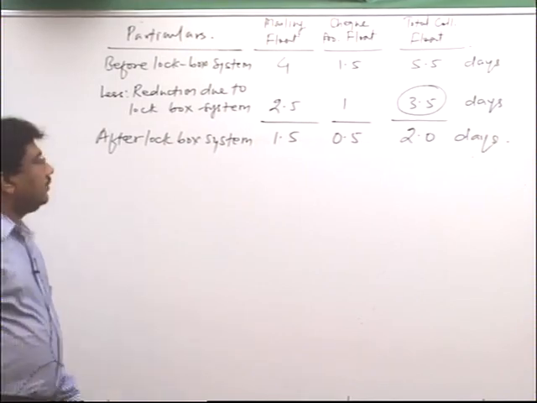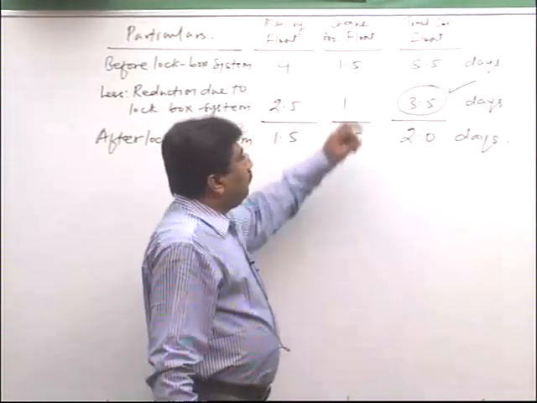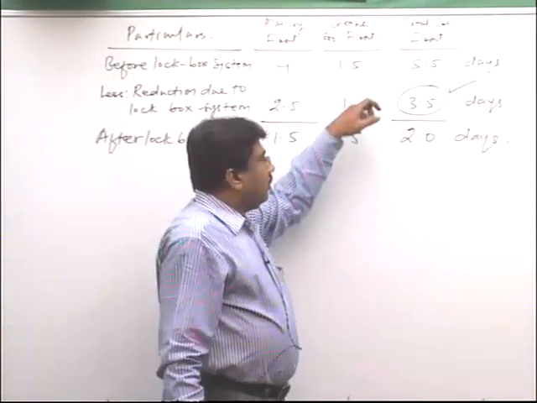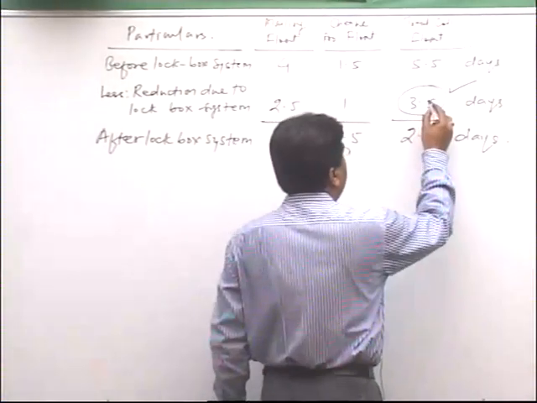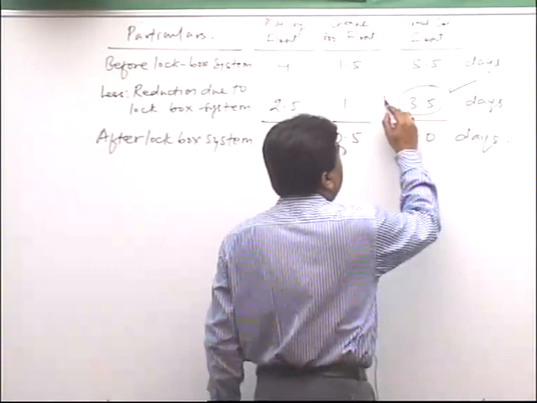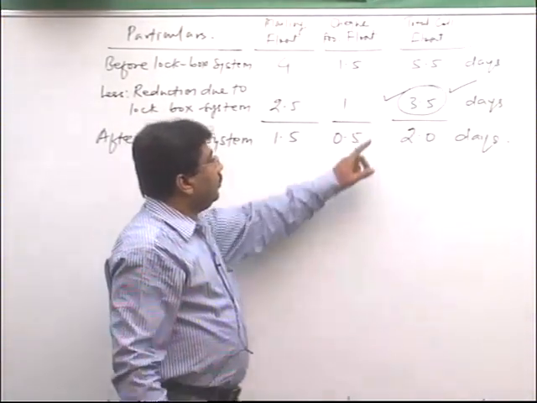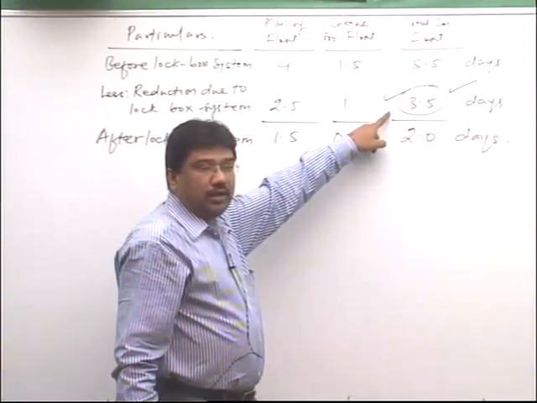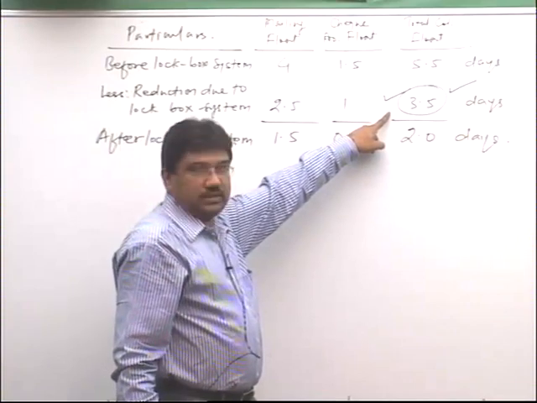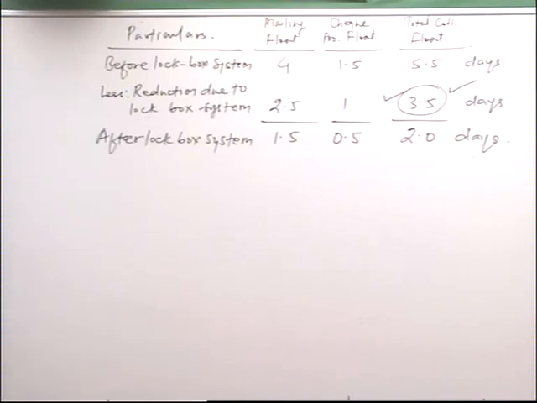Now, for doing the sum, this 3.5 days is important. What was the collection float previously and what is the collection float right now, they are irrelevant, but due to adopting lockbox system, how many days of float is reduced, that is important. So, the main data for us is reduction in total collection float, that is 3.5 days. Now, depending on this data and other data given in the question, we will do answer A, B and C.